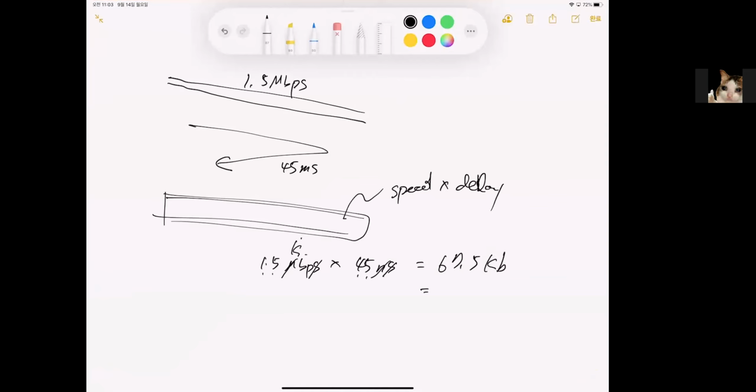If I convert it to bytes, I divide by 8, then it is about 8 kilobyte. Okay, so my pipe is 8 kilobyte,